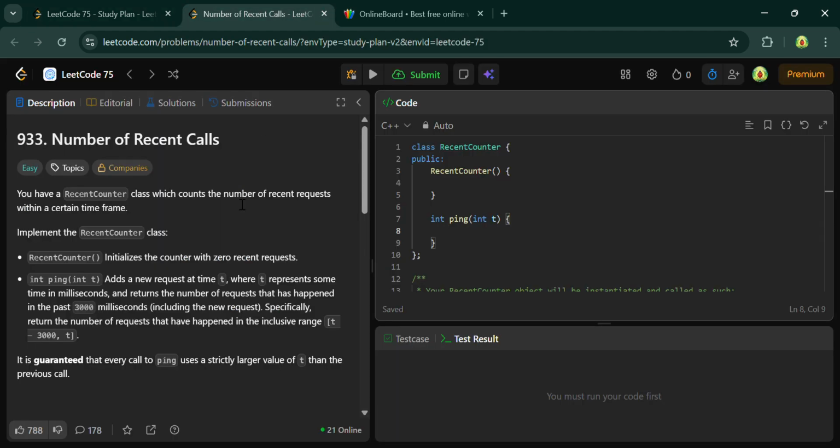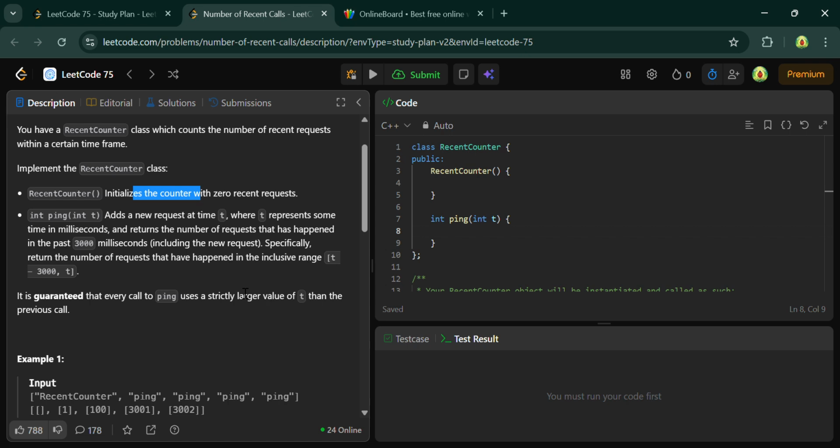The first question is number of recent calls. Here is given a recent counter class which counts the number of recent requests, and which counts only in a certain time frame. You have to implement the recent counter class. A recent counter class has been given where a recent counter initializes the counter with zero recent requests. Okay, initially the request is zero and int ping is a function which contains t, which is a time in milliseconds, and